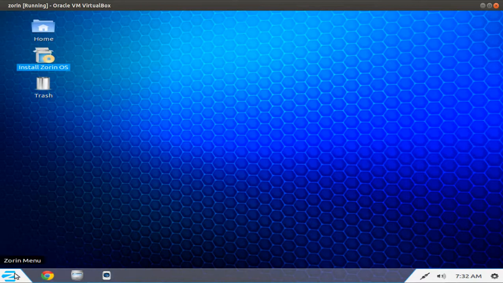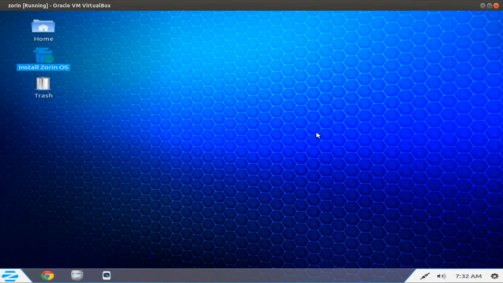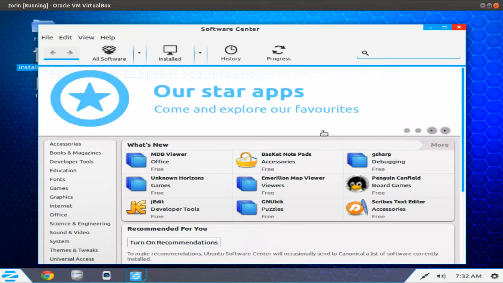And let's see, where were we here? Alright, we have Wine. This will allow you to at least attempt to play some of your Windows programs inside of Linux. We have the Software Center. If you are starting off, this is where you want to go to browse through mainly free software. Not all of it good, some of it is very good, but here you can browse and search through pieces of software,